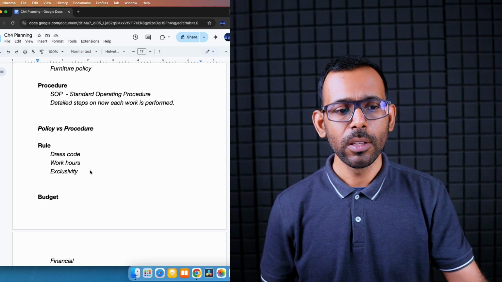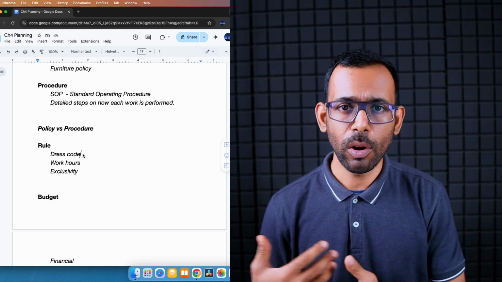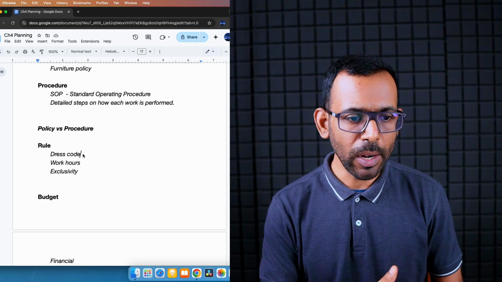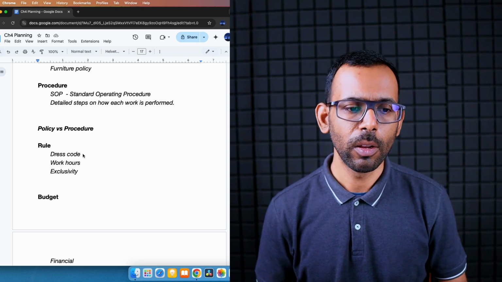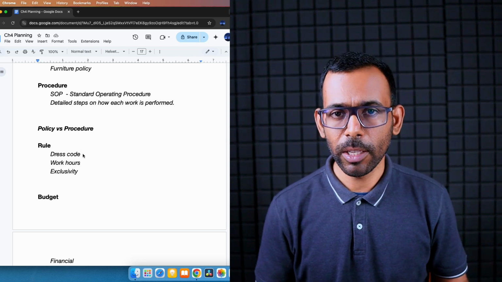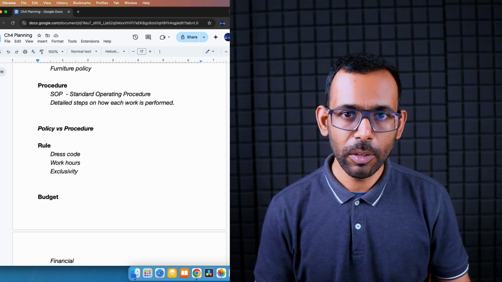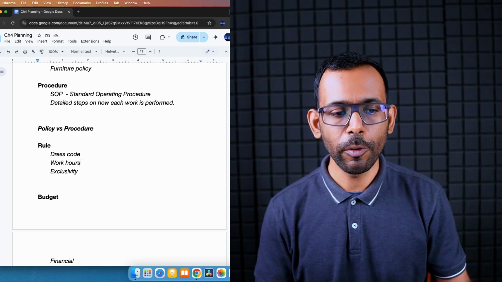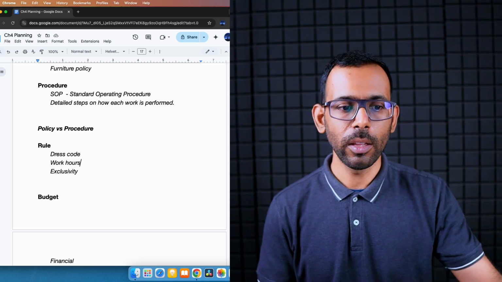The first thing is the rules of dress code. You cannot wear sleeveless, you cannot wear shorts, and also on Monday you have to wear a uniform. So that is the dress code aspect. For work hours, you have to be within the premises for 9 hours a day, and half an hour will be used for lunch. So totally you have to work for 8.5 hours every day. So those were the rules regarding work hours.